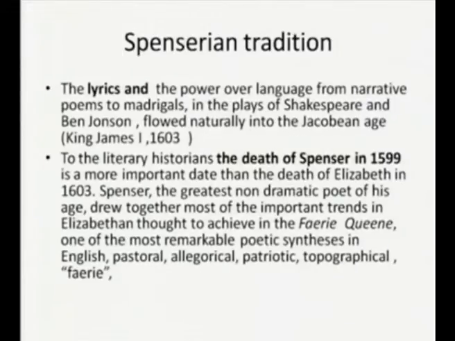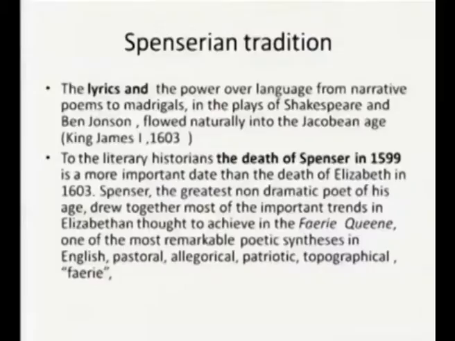The Spenserian tradition, we had mentioned, was a strong tradition in the age of Shakespeare, and how Edmund Spenser innovated and brought in new ways of writing poetry, and especially in the lyric. The lyrics and the power of language, from narrative poems to madrigals in the plays of Shakespeare and Ben Jonson, flowed naturally into the Jacobean age. To the literary historians, the death of Spenser in 1599 is very significant, because they think it is more important than the death of Elizabeth in 1603,